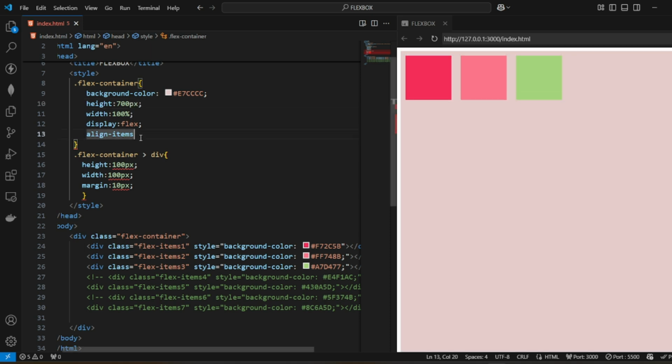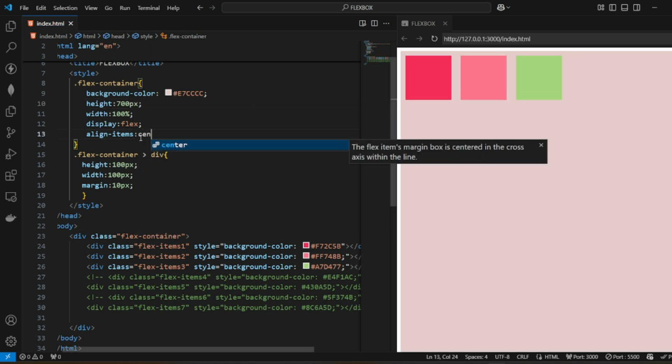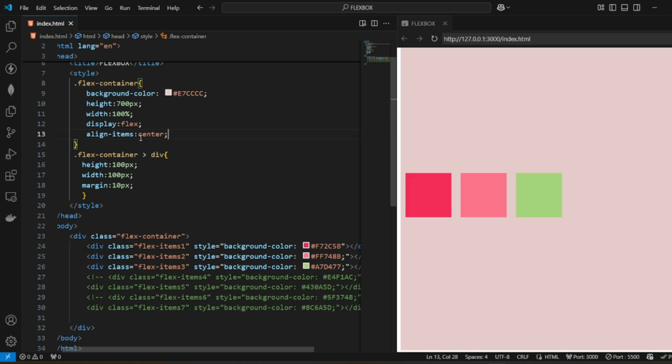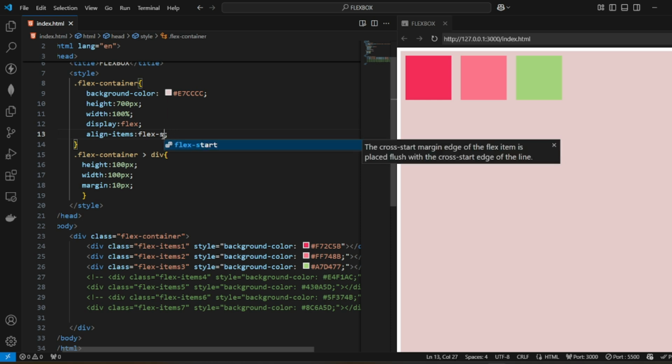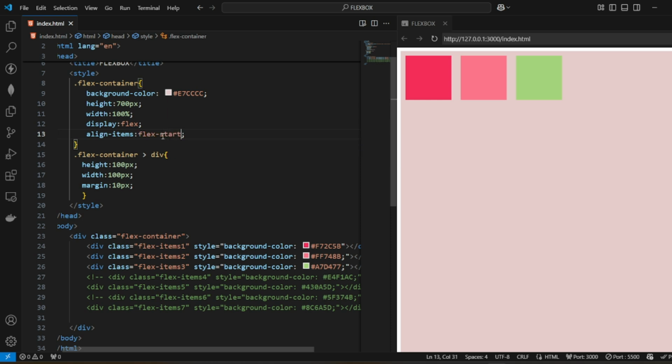Align items. First one is center. Same as justify content, but it's just the reverse. It is happening vertically. The next one is flex end. Just a quick demo. Flex start. And then